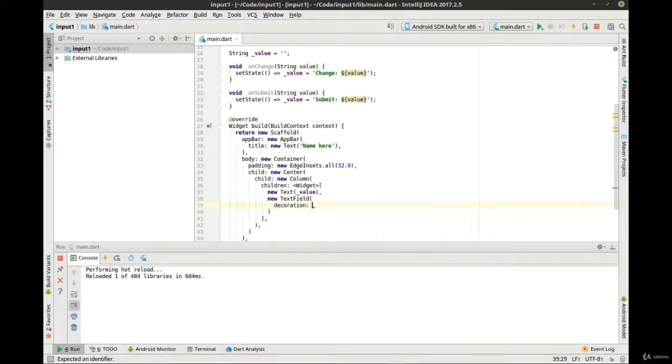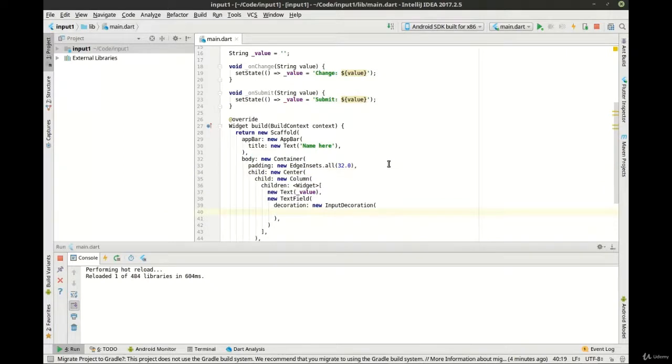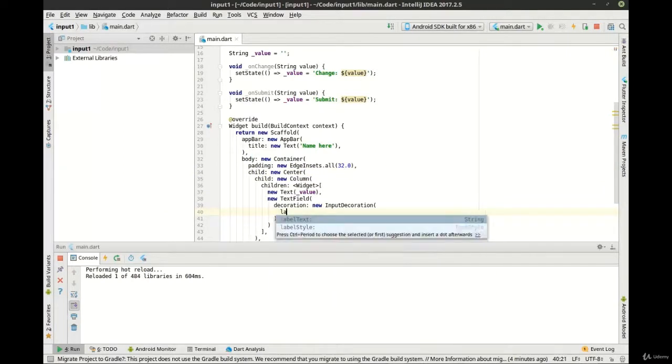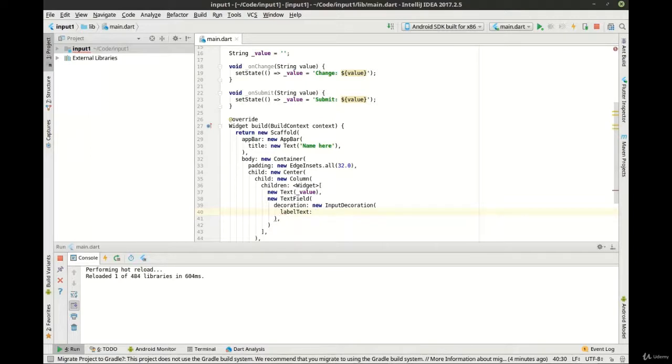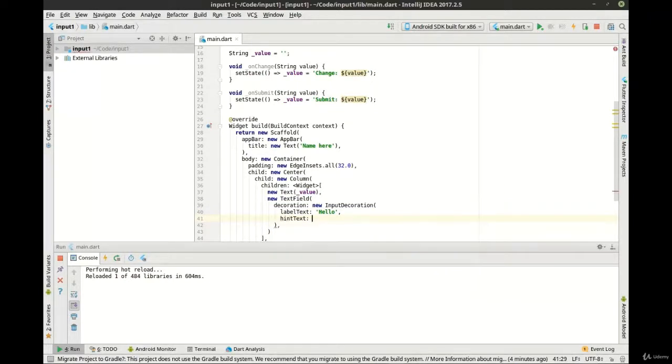Let's change the decoration. We're going to say input decoration, and let's hit enter just to space this out so it's a little easier for us to read and work with here. And in the decoration, let's say label text, and we want to say hello. Now we want the hint text, and we'll just say hint,